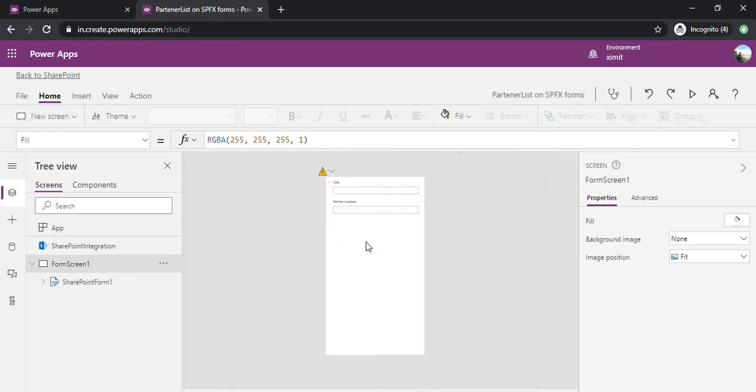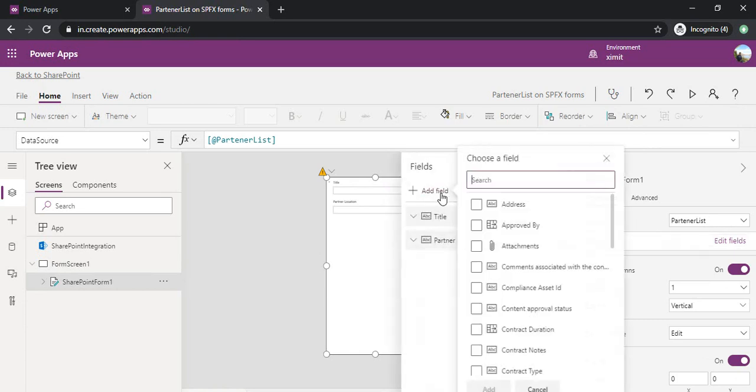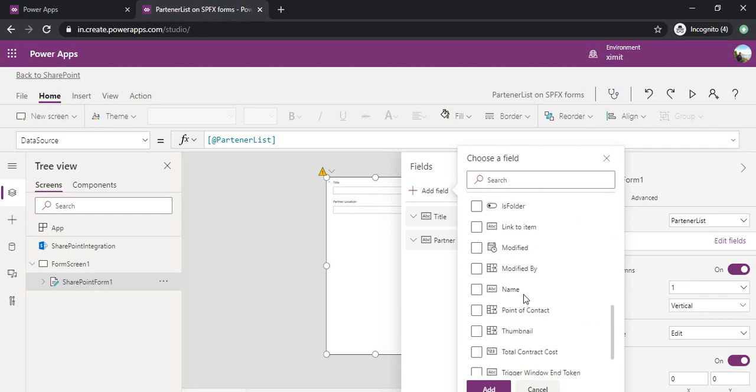So now I have my form open in this Power App. Now I'll simply add all the fields which I want. I'll click on add fields and keep checking whatever fields I would like to have in this form. So I want all these business fields.